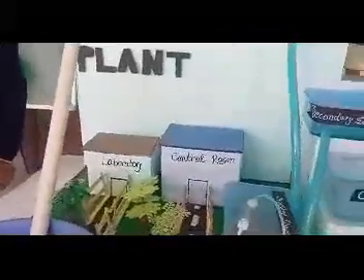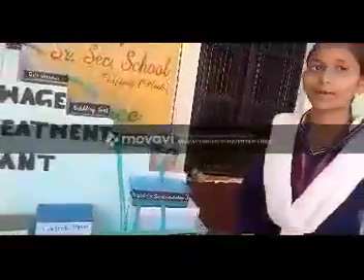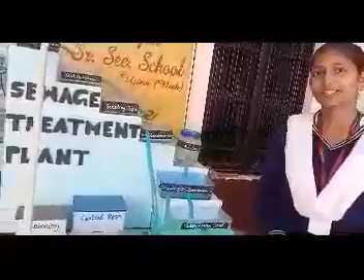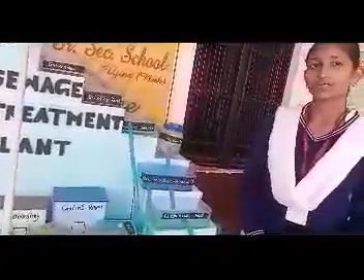If the water is not much clarified, we then pass it to the chlorination tank and we add chlorine tablets in it. After 8 weeks, we send the water to the laboratory to check the pH and BOD of the water. After all processes, we send the water to the distribution chamber and the water is discharged into the rivers. The two useful products provided by the sewage treatment plant are firstly the biogas, which is used as a fuel and to generate electricity, and sludge, which is used as a manure to provide nutrients to the crops.